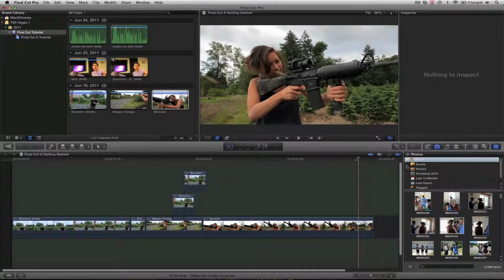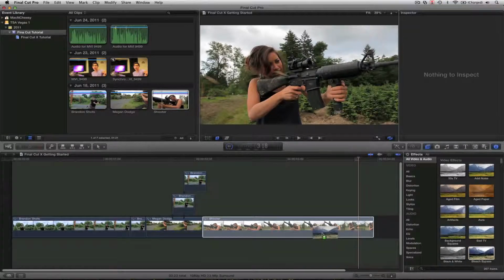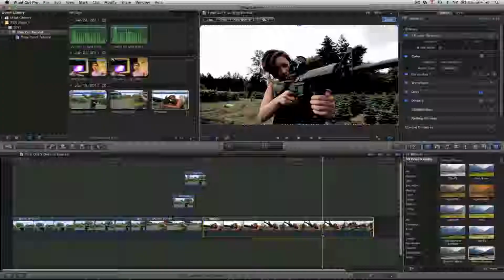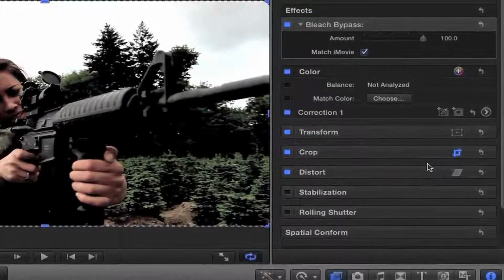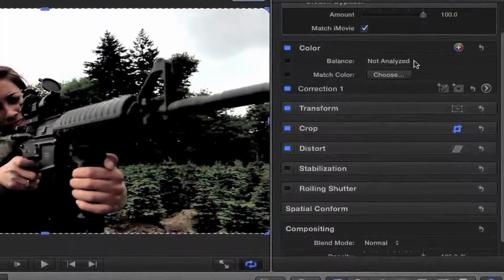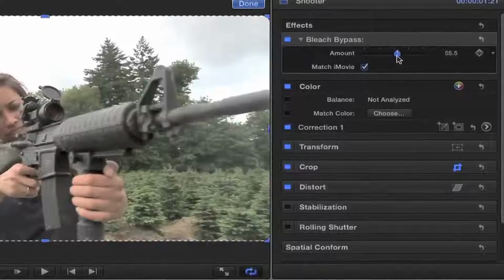Now let's go ahead and actually add an effect. It's a bleach bypass. I'm going to put this on the shooter clip. It's rendered out. We've got some inspector issues we need to take care of. The inspector is up here, and this controls all the different variables that go into this filter. So you can see there's a lot of different things we can do. I'm going to actually change the amount of the bleach bypass